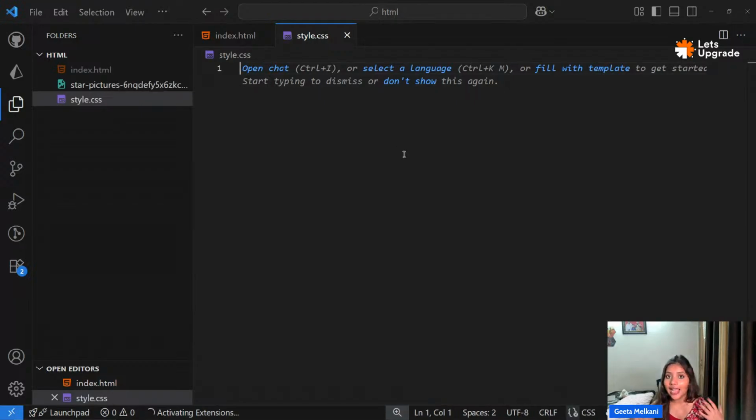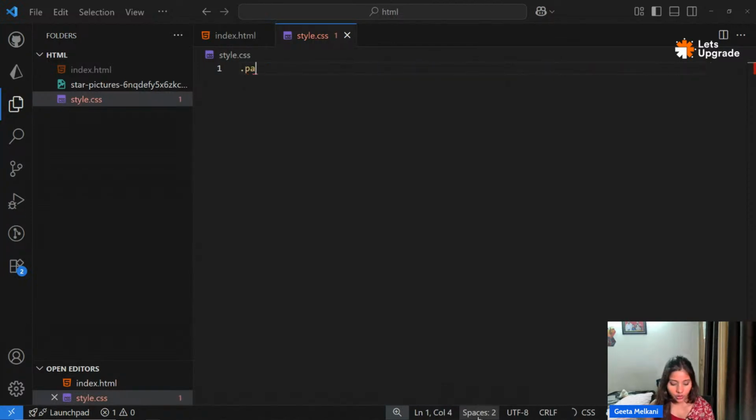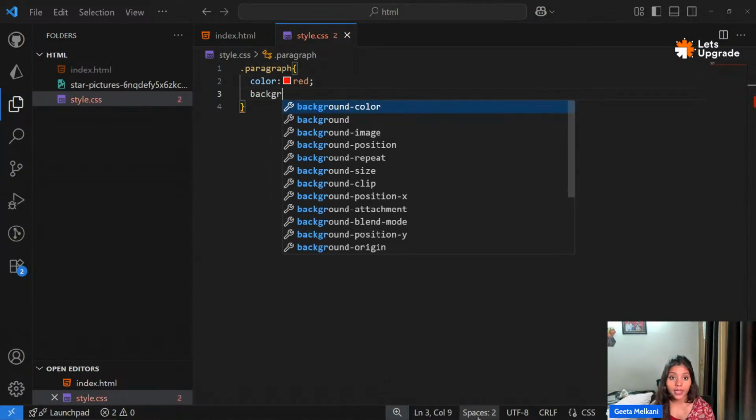And the catch here is, in this file, I do not have to use any style attribute or style tag. Can you tell me why? I'll just straight away write dot paragraph and give it color red and background color,